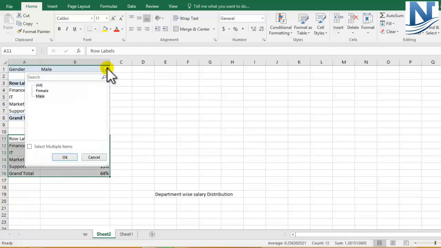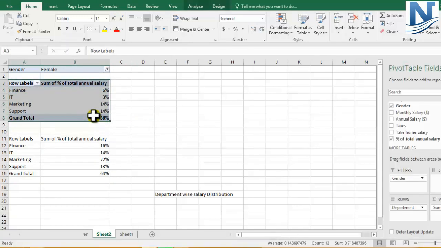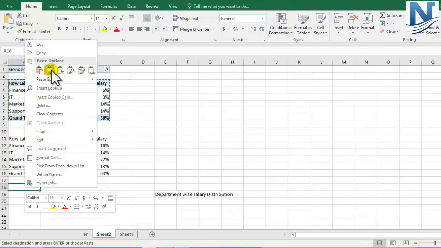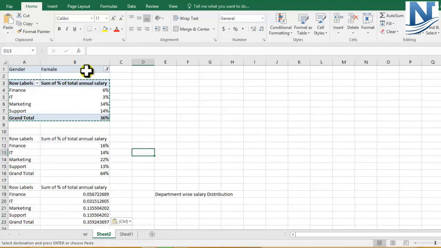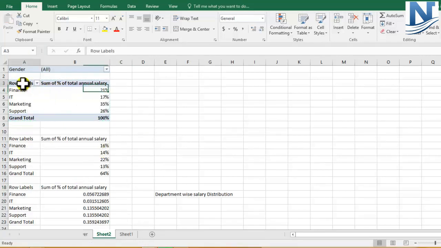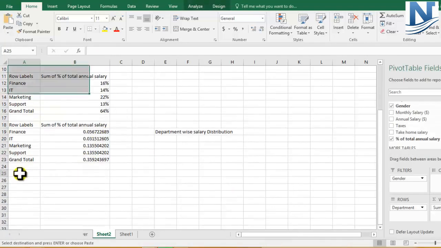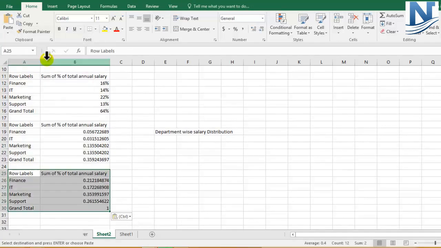You can just convert it into percentage format and this is how your data will look like for male employees. If I want to do it for female employees, I'll select OK. So now my data changes with respect to female employees. I can copy this, come over here and paste it. If I want to see the data for all the employees, I can select on all. Now my data is entirely for all the employees. Again, I may copy, come down and paste it.